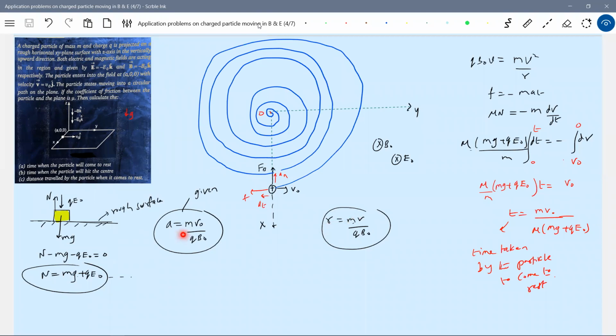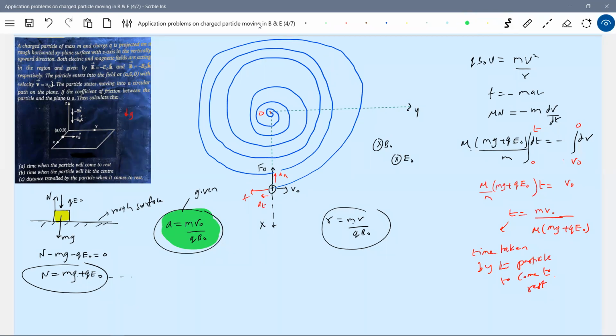So E should have been given this. Otherwise, not possible. It may be, maybe this is the equal condition. So this has to be given. I'm introducing this. Otherwise, it will be meaningless to confirm that it will come to rest at the origin. Okay, all of you, this data should be given. Then we can conclude here: yes, it will come to rest at the origin.